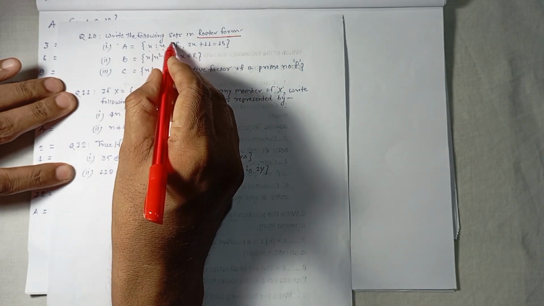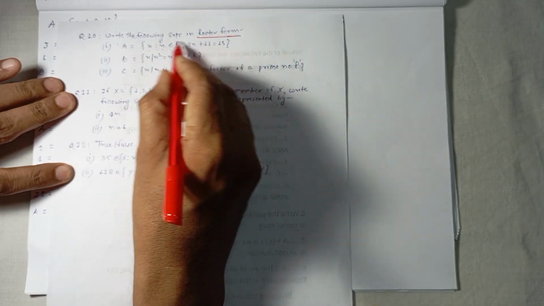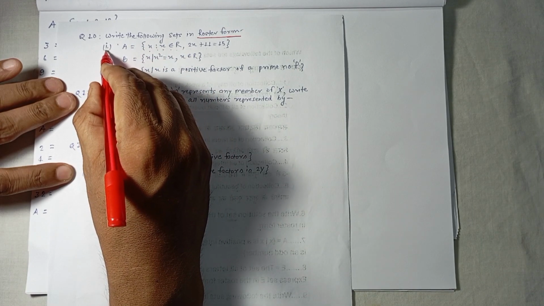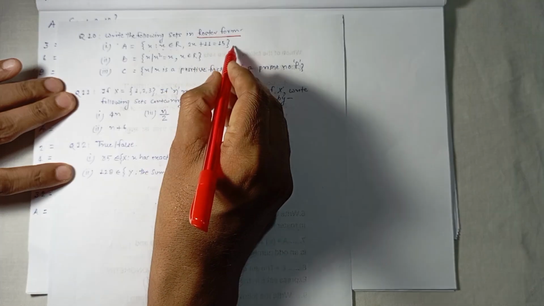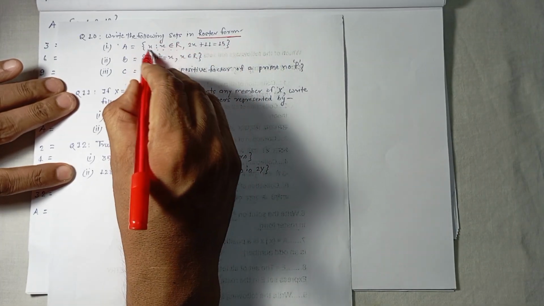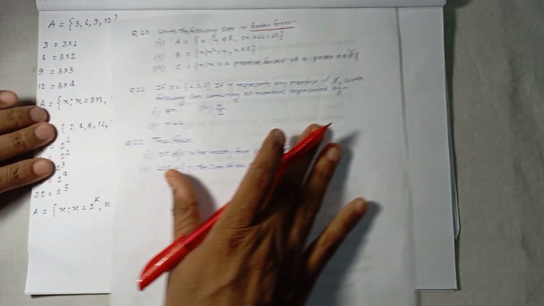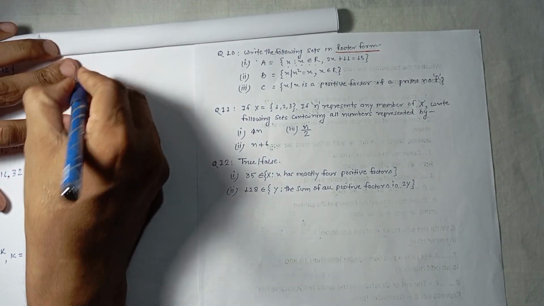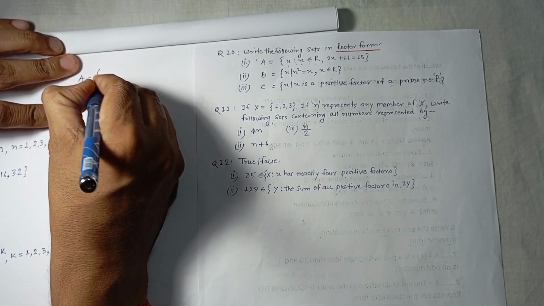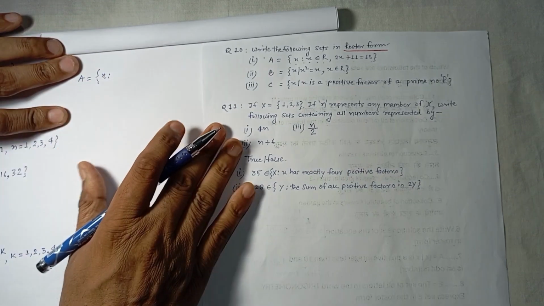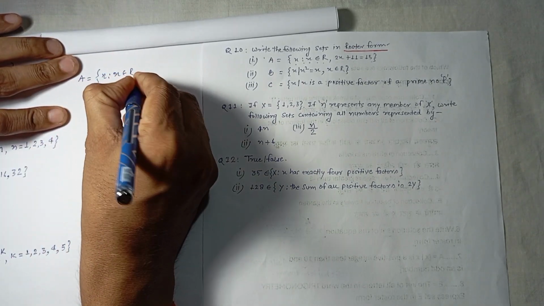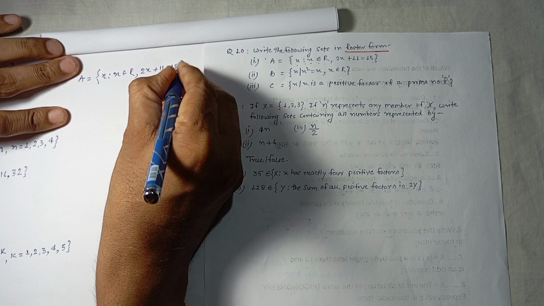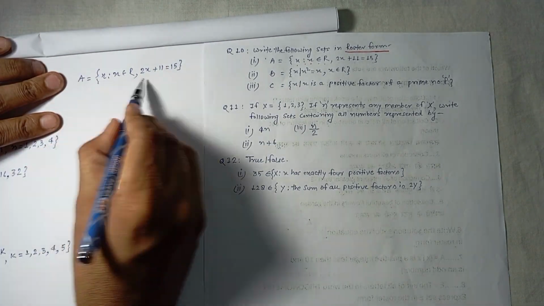Obviously, you can see that this form of representation of a set is known as set builder form. It means that in the first part of the problem, we are given a set expressed in set builder form and we have to express it in the roster form. So let's start. The set given to us is A is equal to {x : x belongs to real numbers where 2x plus 11 is equal to 15}. We have to express this set in the roster form.